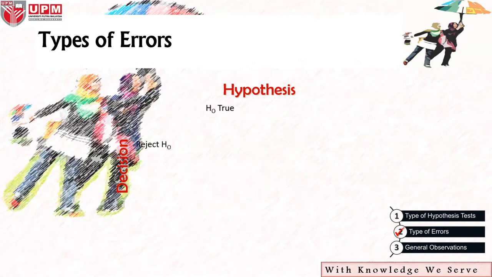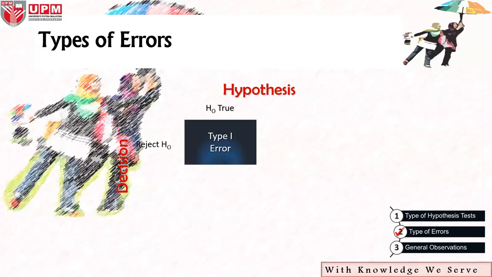What happen if our null hypothesis is true but we reject null hypothesis? Null hypothesis kita betul, which is supported by our finding. Our finding support our null hypothesis, but we reject null hypothesis. Do we make a right decision or wrong decision? Wrong decision. So when we make the wrong decision at this state, the name is type 1 error. Type 1 error happen when we reject the null hypothesis when it is actually true. We reject null hypothesis, tapi sebenarnya dia betul. Okay, the name of error is type 1 error.